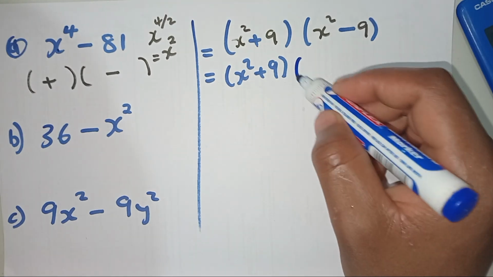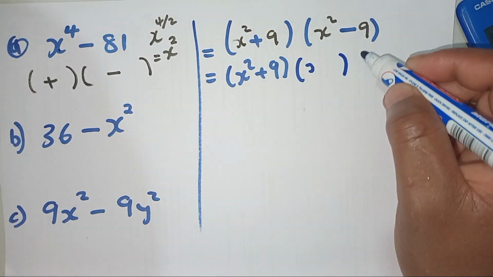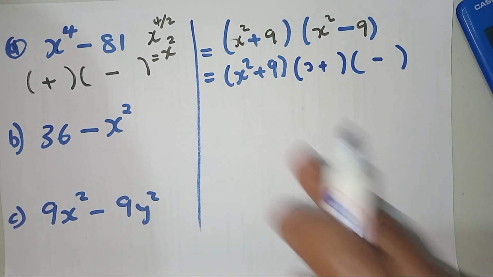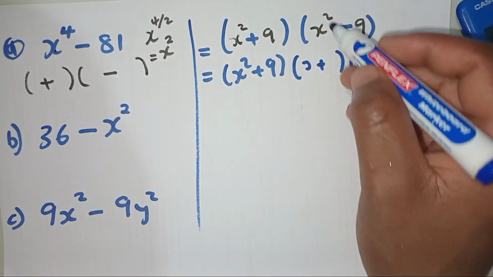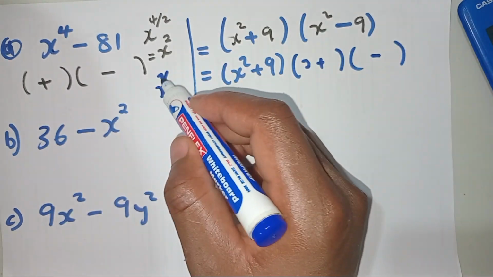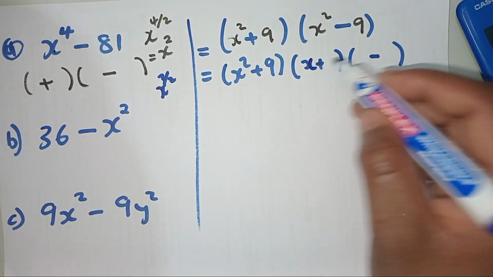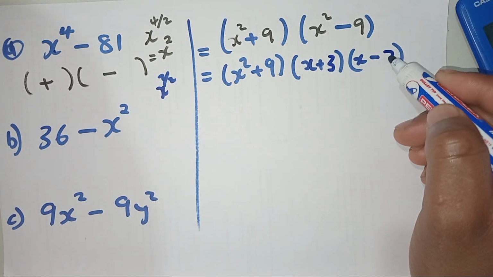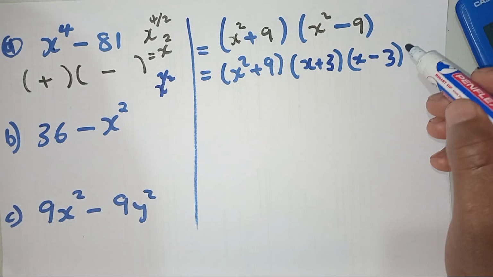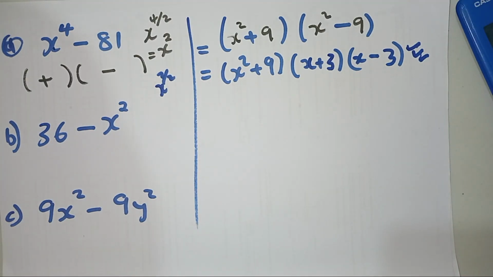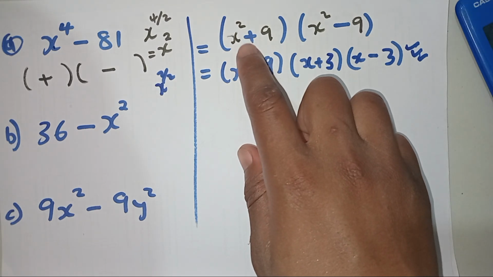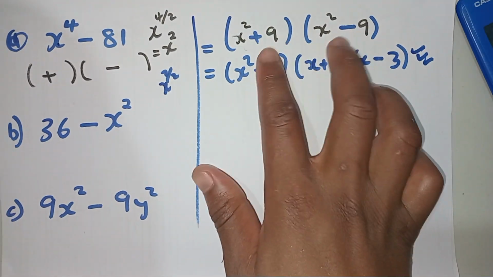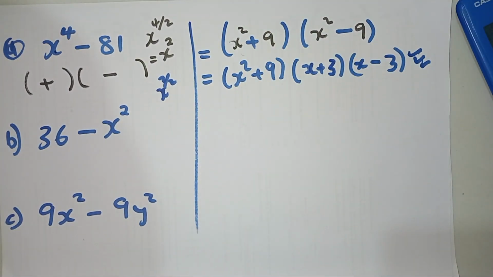Let's go for it. We're going to open two brackets, and then we write plus and minus, like we did. And then we're going to find the perfect square of this one. X exponent 2 divided by 2 is going to be x. We write x, we write x. 9, what is the square root of 9? It's going to be 3, and then it's going to be 3. Now we have factorized this one completely. What I meant is that you must always check that we don't have perfect squares inside the brackets after you factorize for the first time.